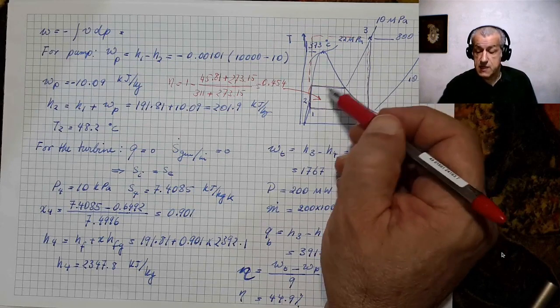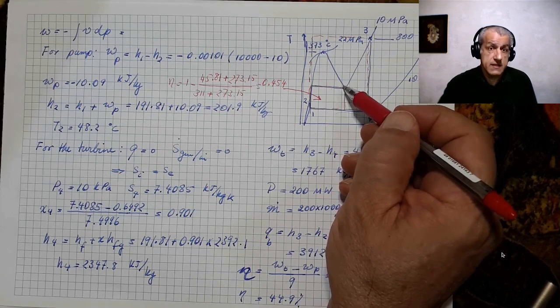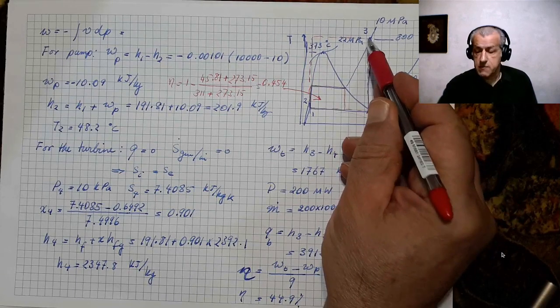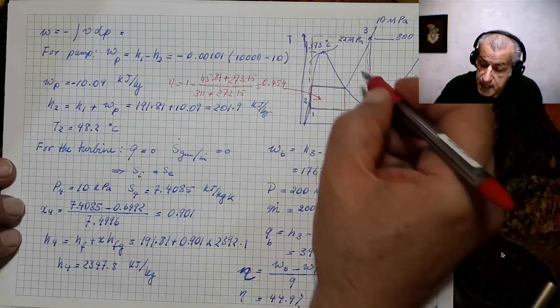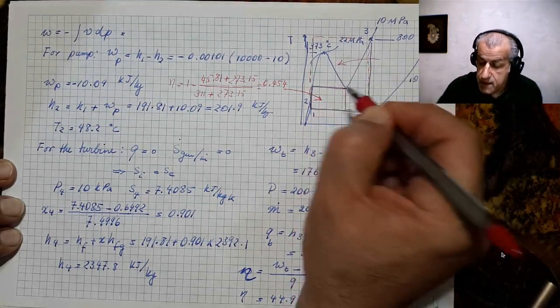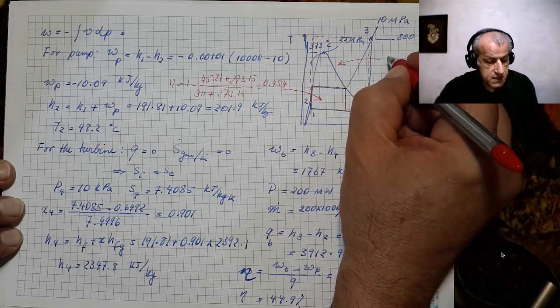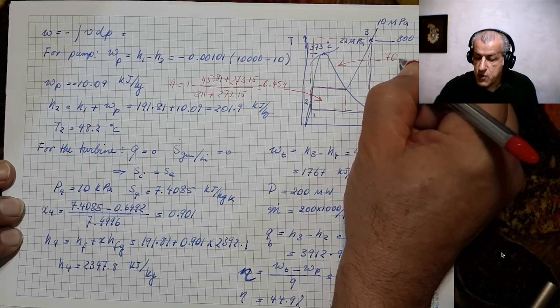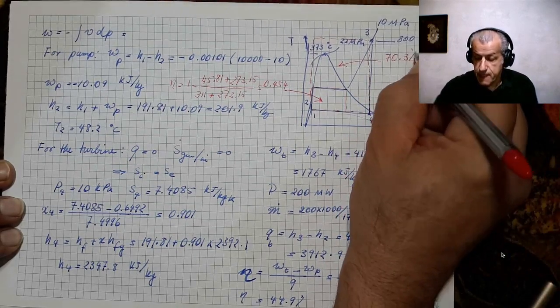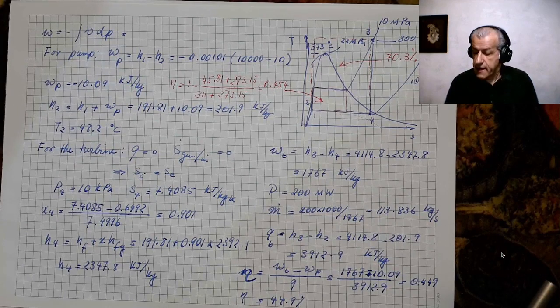So this is a very optimistic and unrealistic evaluation. The other extreme is if we calculate it for this larger cycle, and the efficiency for that is 70.3%. So we have two extremes for the ideal Carnot cycle, 70% or 45%. And the reality is